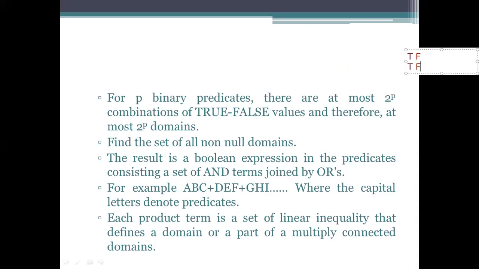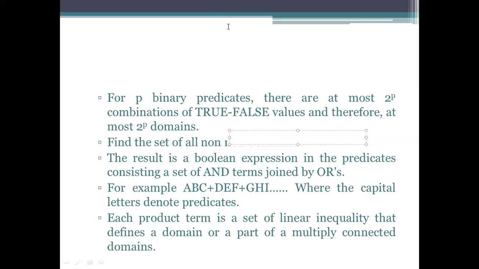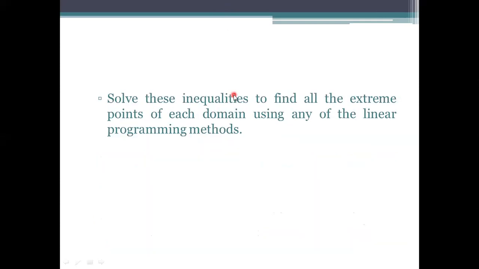Apart from this, we need to denote the predicates in the form of letters, which is considered as a path expression. While processing such representations, we need to specify how many domains we have. If we have p binary predicates, then 2 to the power of p domains will be caused for processing. With such representations, we need to look after the inequalities also, to find whether any extreme points are there or not.